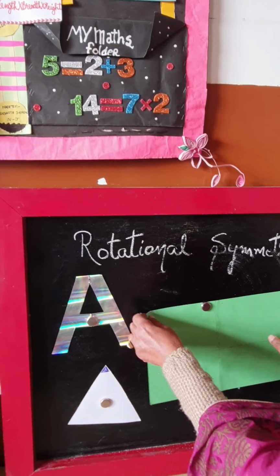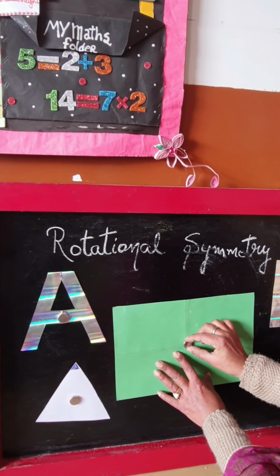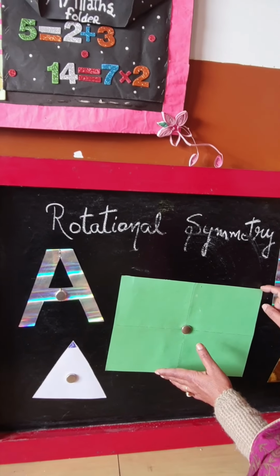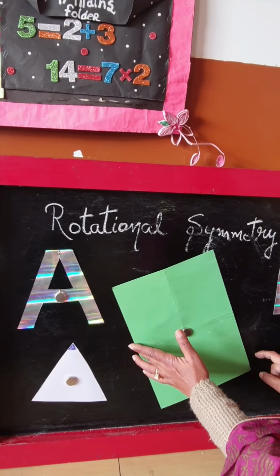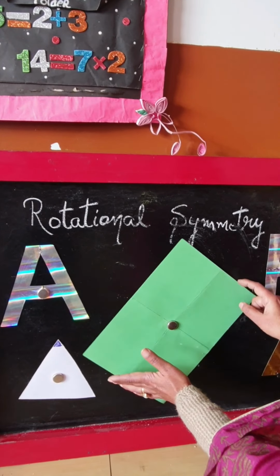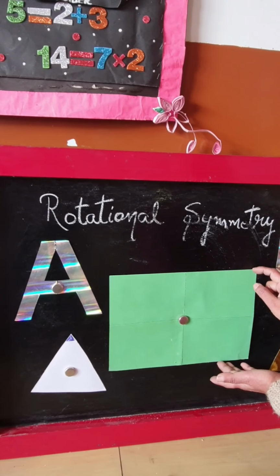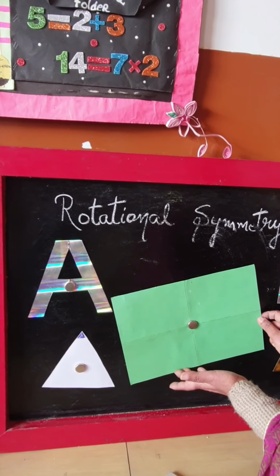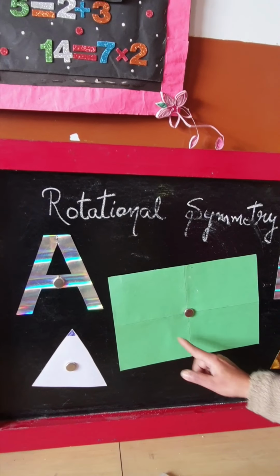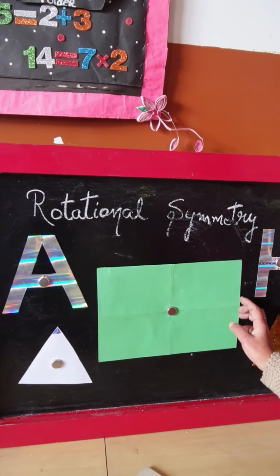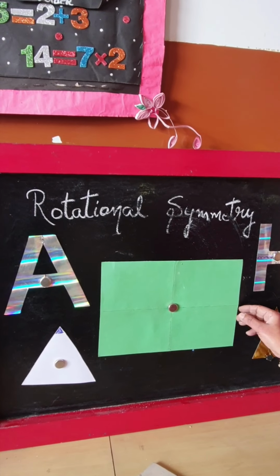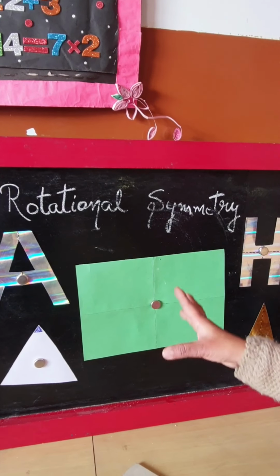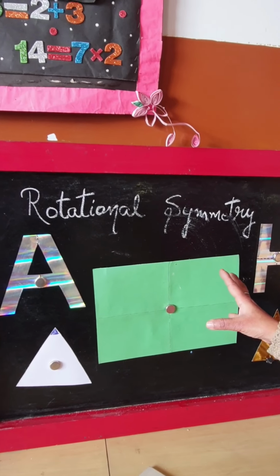Now if I take the center here where the two lines are intersecting, then this is the point around which it is moving. Rotation means this point is fixed and the figure is moving around it. The point where the two lines of symmetry are intersecting each other, I am marking as the center of rotation. Now, when I start moving, I want to complete the circle, that is, 360 degrees.